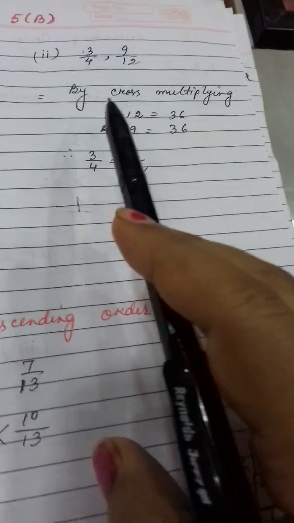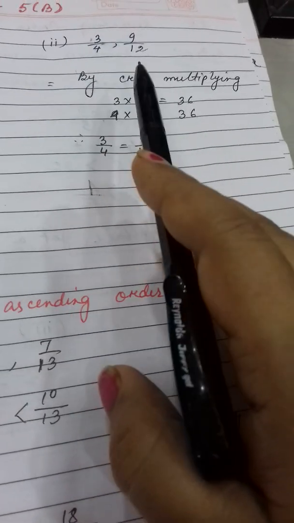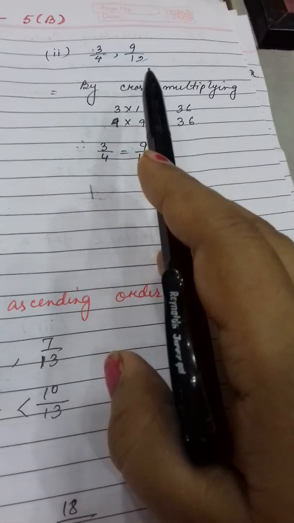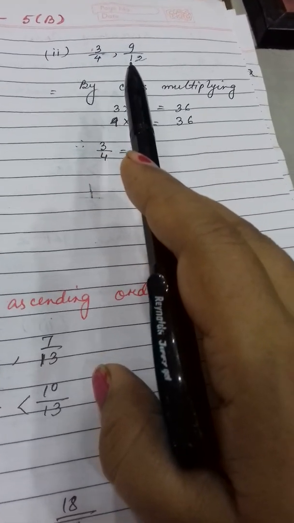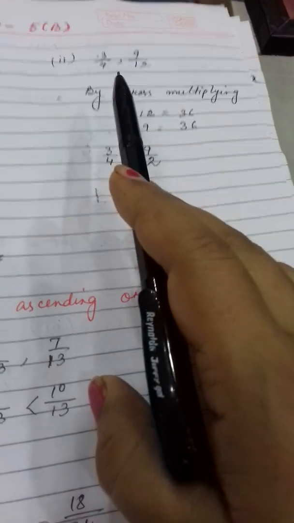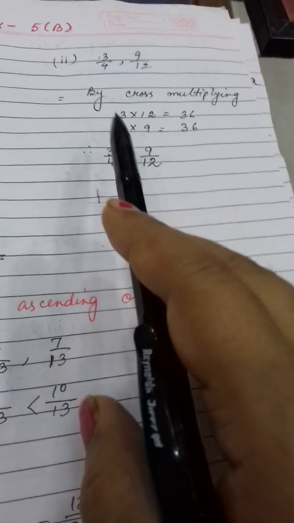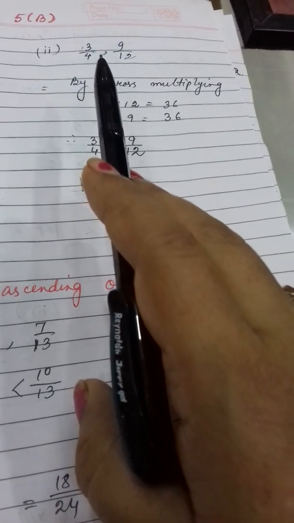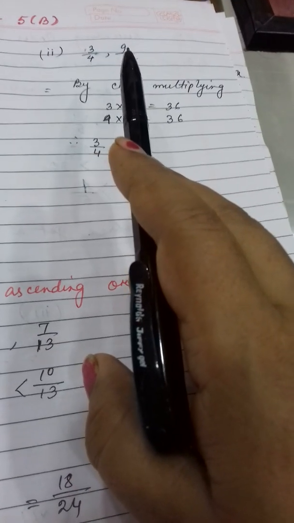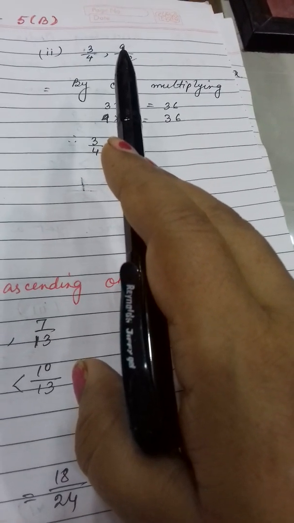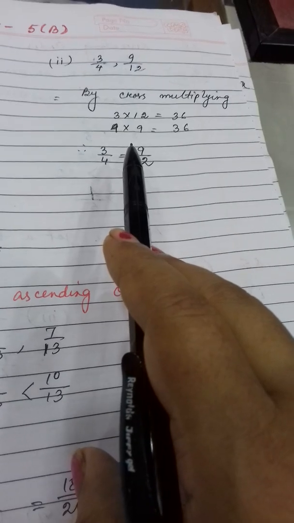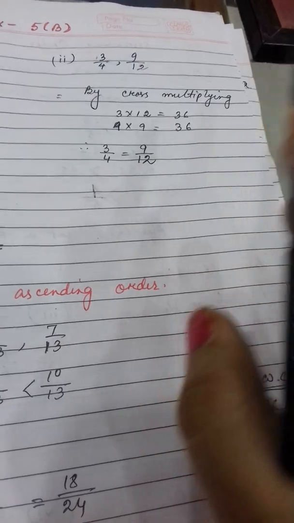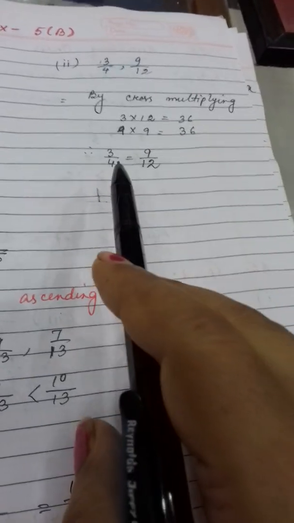Now for question number 2, these are unlike fractions. In both the fractions, denominators are different. That means these two are unlike fractions. Yes or no? So here you can apply any one method. I have applied the cross multiplication method. It will be easier for you if you get two unlike fractions to compare, so better you apply this method. Clear? And if you get more than two fractions, then you can apply the method of converting into like fractions.